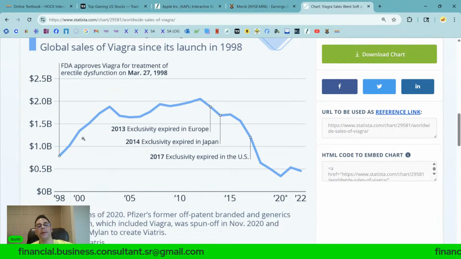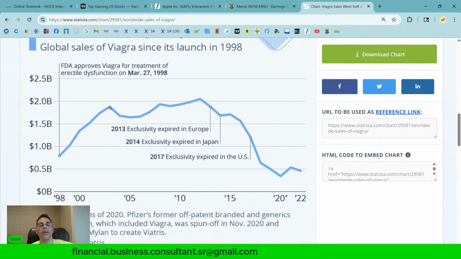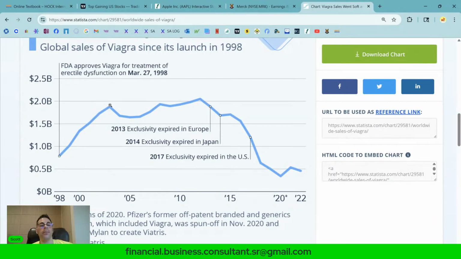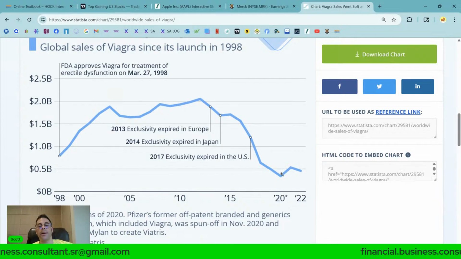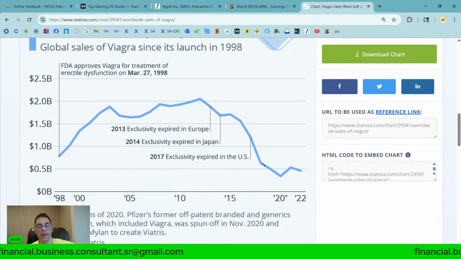And it does take time, because just because you have a patent doesn't mean everybody's going to buy your drug. It took like 3-4 years to peak. It almost hit 2 billion, but then it even got higher. In 2012, it got even higher than before. And then it started coming down. And then when the patent expires, you can see sales came down a lot, to around 500 million. So other companies started selling the drugs.